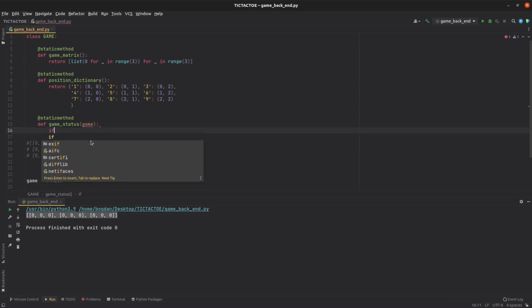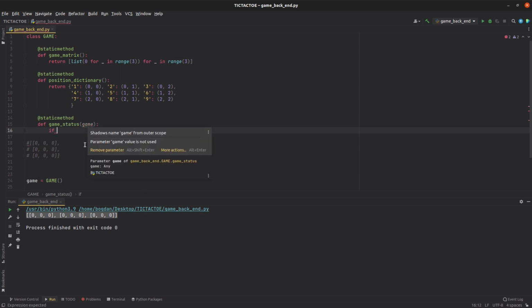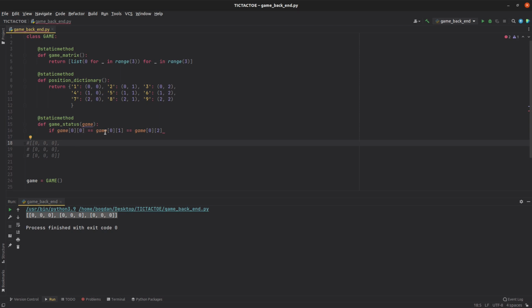So if, and now remember this is a list of lists. So if game, and we are pointing first at this list and these objects one by one. So if game[0][0], so we are pointing now at this one, the first object, is equal to game[0][1], the second one, and it is equal to game[0][2]. So if this one is equal to this one and is equal to this one, and they all must not be equal to 0. So if that is the case,